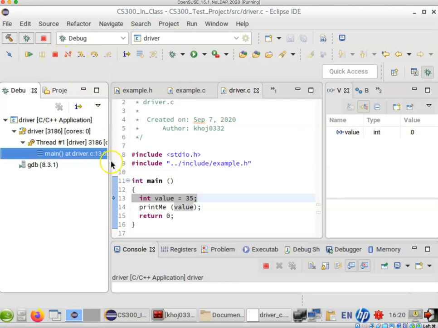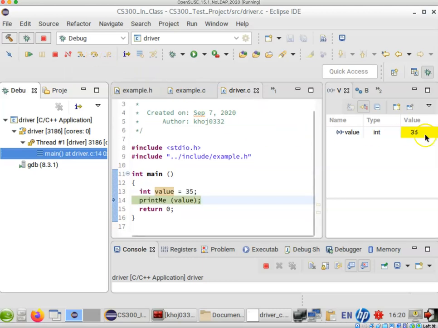Okay, so right now where we are, we haven't actually executed any line of code. The next line that's going to be executed is this line over here, right? And so what we should be keeping our eye on is the value of the variable, right? So we're going to see if that's going to change as I step over that line of code. So as I step over that line of code, you'll notice, yes, of course it did change, and it became